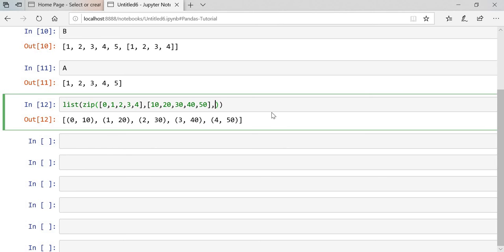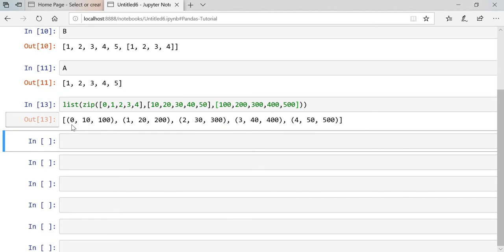If you change here, let's say I want to add one more list over here, we can see the impact on the zip function. See, it will now zip 3 of your lists: the 0th element, the 0th element, and the 0th element.